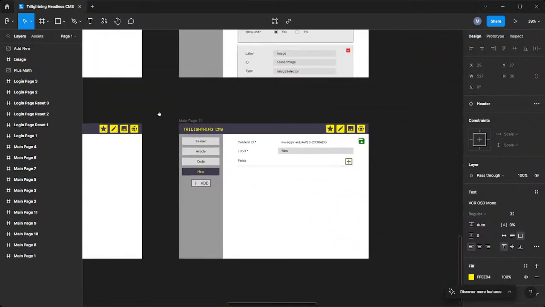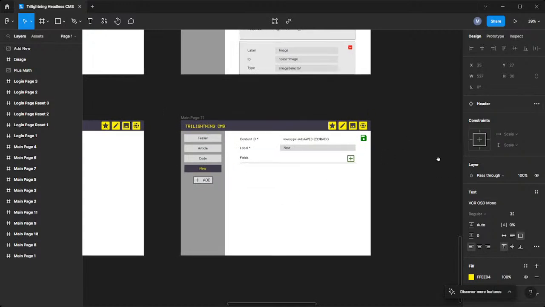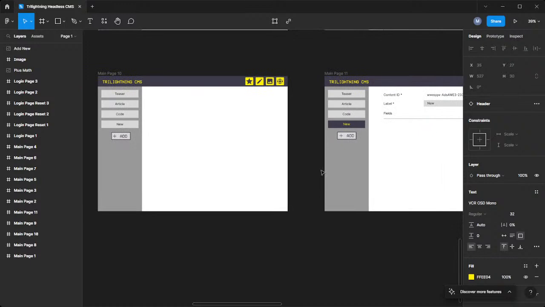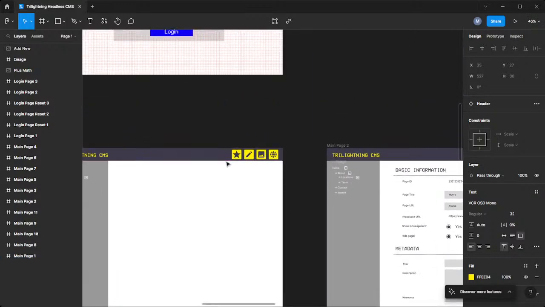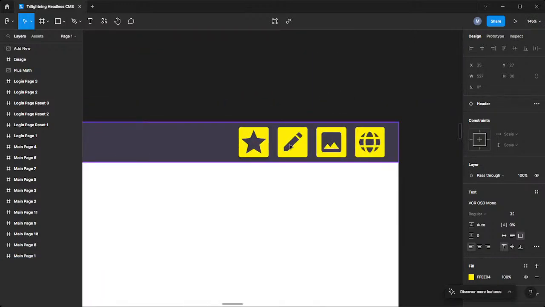I think I'll explain everything when we get into the actual building process of this thing. I just found it important to show you. We are going to expand this. These four icons at the top mean new page. The second one is edit content. This is going to be an image upload system where people can upload images and store them on the server. And this is going to be localization where people can localize texts to make